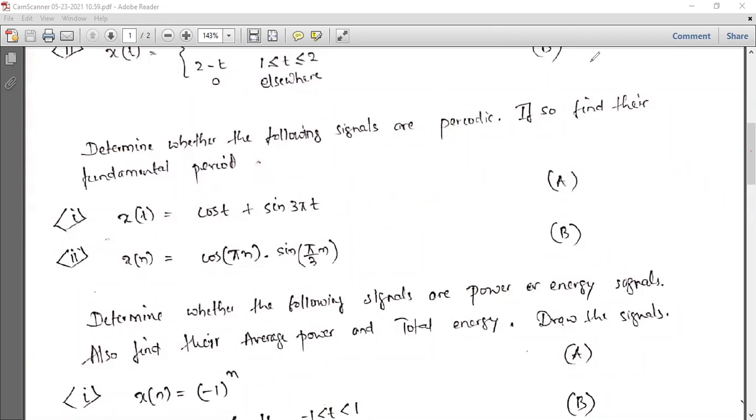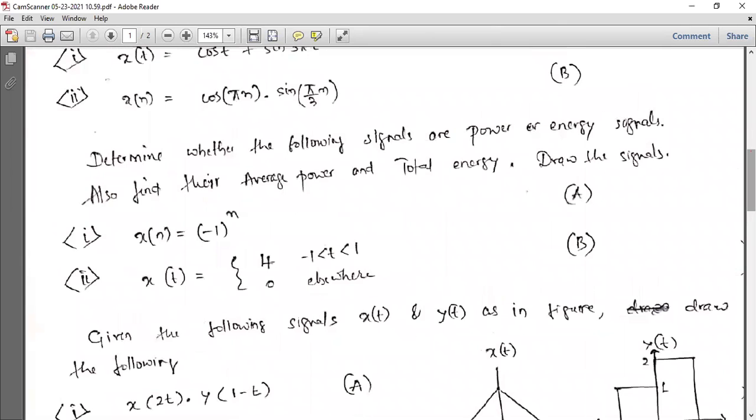Then what about the third one? So here I have, what was this? -1 +1, -1 +1, right? Most of you got this correctly, 1 watt, right? Okay. So this one is +1 -1 alternating. So this is periodic. So periodic means power. If you had written energy, find their average power and total energy. Total energy of a power signal is infinity. That's what I expected you guys to write. And as far as this is concerned, the power of this should be 0. That also could have been written.